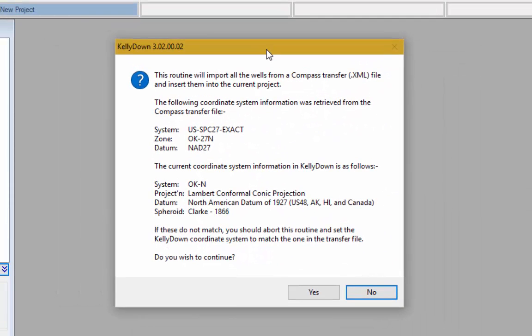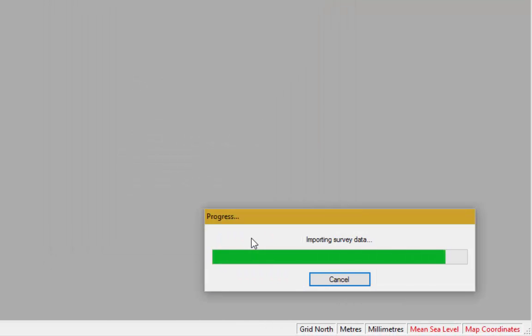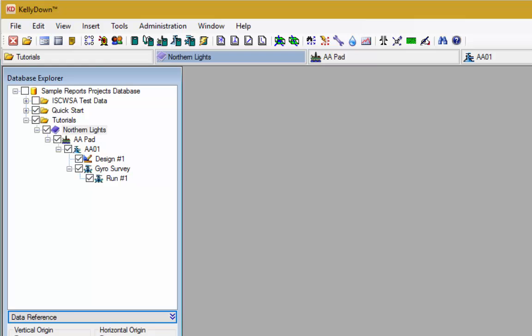So now the same message has been displayed again, but this time the zone in the Compass transfer file matches the zone in KellyDown. So click on Yes to import the data. So KellyDown will import the data and then display the information in the Database Explorer. So just for the exercise, we're going to delete that project, and then